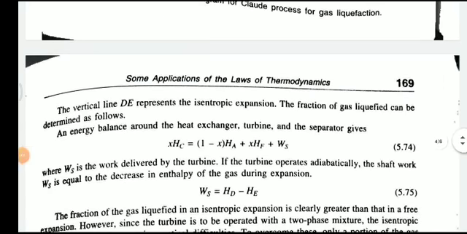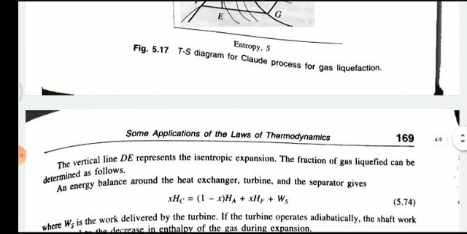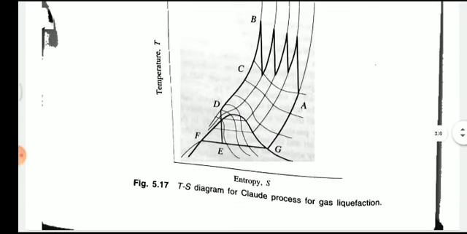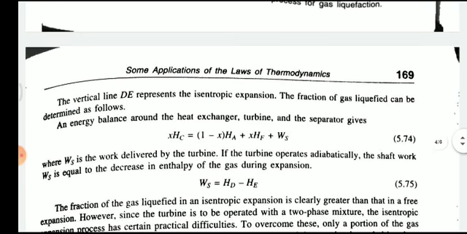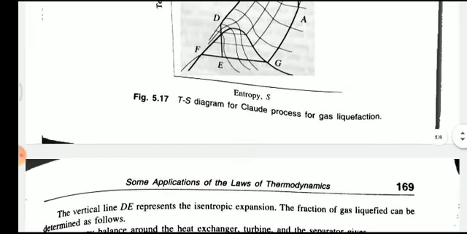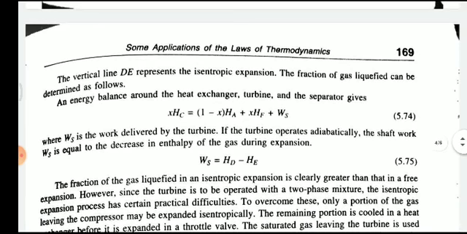The vertical line, that is D, the isentropic expansion DE. D and E is the isentropic expansion, and the fraction of gas liquefied can be determined by the following energy balance around the heat exchanger, turbine, and the separator, which is given as x of Sg is equal to